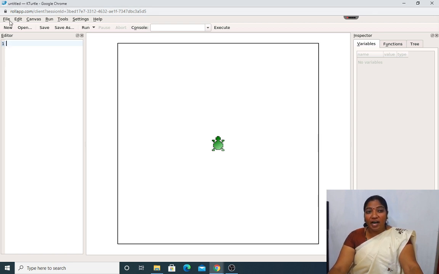This consists of file, edit, canvas, run, tools, setting, and then help. These are the menus present on the menu bar. After that, you will have new, open, save, save as, run, pause, abort, console, and then execute. Here in the title bar again, you will have Windows control buttons like minimize, maximize, and close.